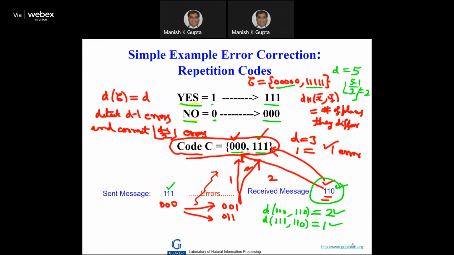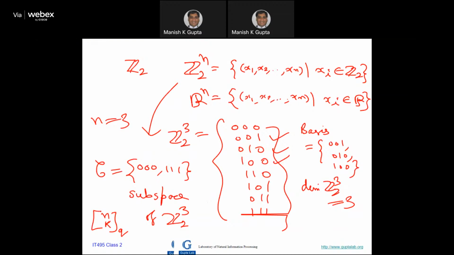So let me revisit. This is our Z2 cubed. There are a total of 8 vectors. I can take any collection of vectors, and that will become a code. A code is called linear if it is a subspace, because Z2 cubed is a vector space over Z2 of dimension 3, right? So if you look at a subspace, for example,